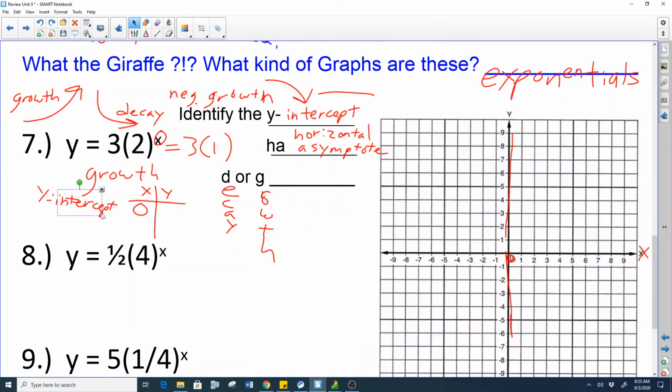Okay, so plug in a 0 for x, and then 2 to the 0 power is 1, so that's just going to be 3. So the Y-intercept is 0, 3 for number 7. And then to graph this, you want to look at the horizontal asymptote. The horizontal asymptote, the HA, is just a number off to the side, which in this case is just 0. There's nothing there off to the side. It doesn't shift up or down. So that means that we're going to go